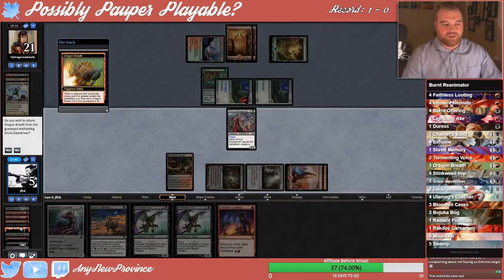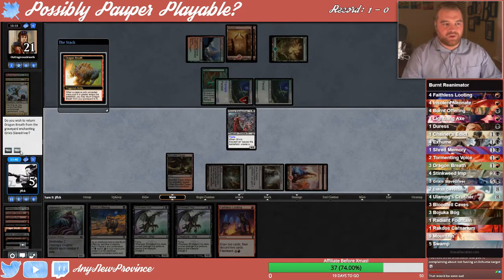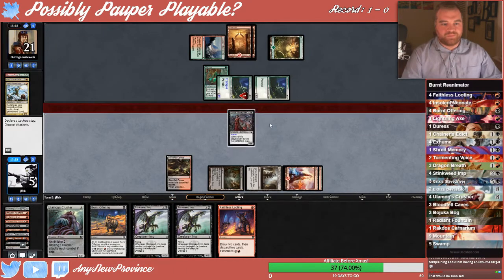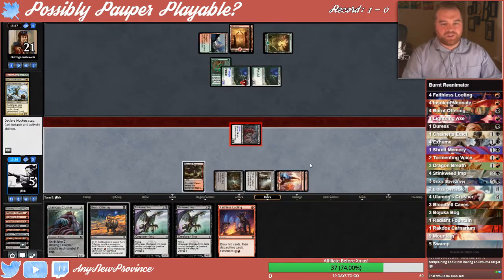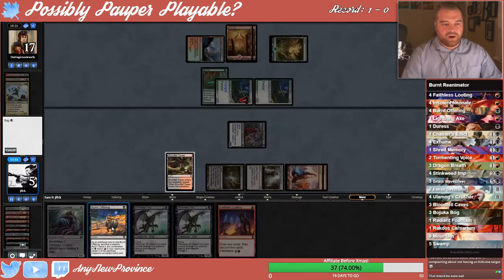This only gives it haste, right? We're not going to be pumping it. No. Okay, so no, we don't. Get in with the Slave Driver for 4. And it's going to get exiled, so we're going to sacrifice it to the Burnt Offering, get a zombie, and